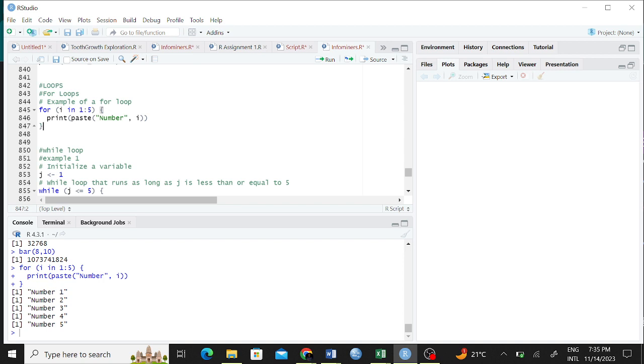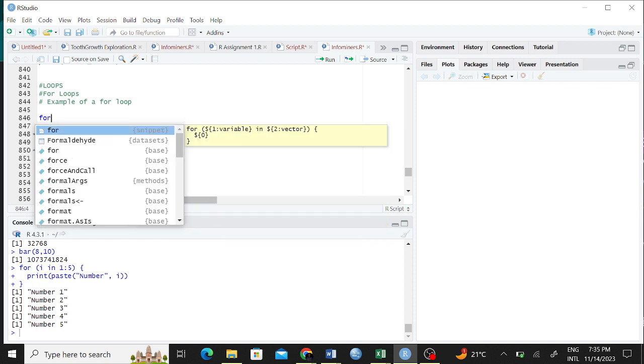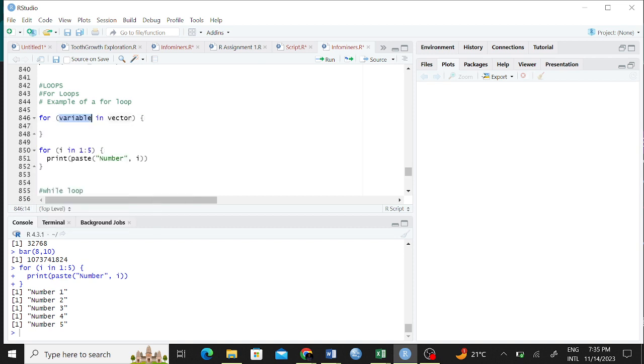merge or maybe concat. So a for loop starts with for, right? For i in blah. Okay, let me see the skeleton here. So it's always for. You start with this declaration, and then you can see that this is the general outlook for a variable in a certain vector. Then you declare what is supposed to be done inside here.